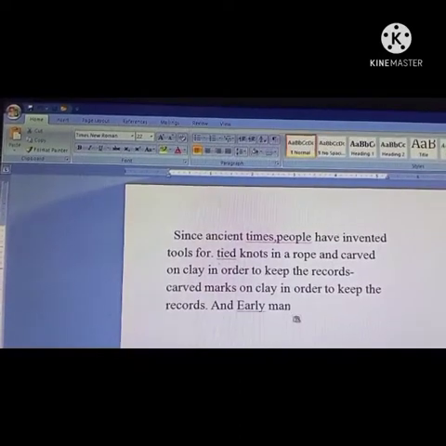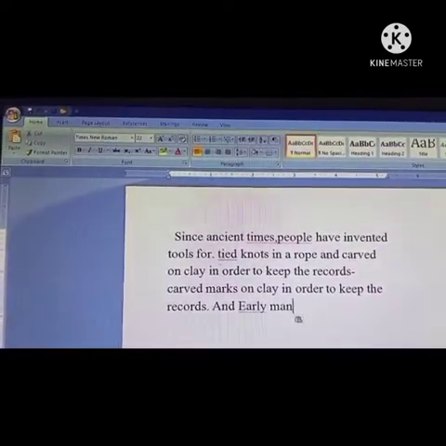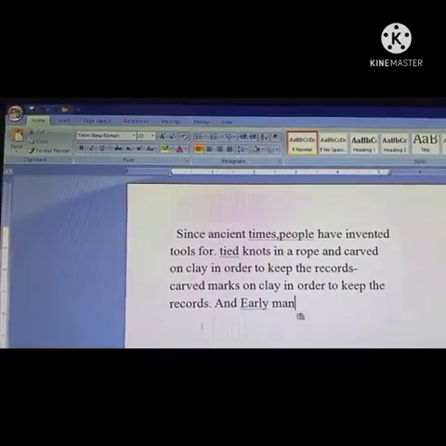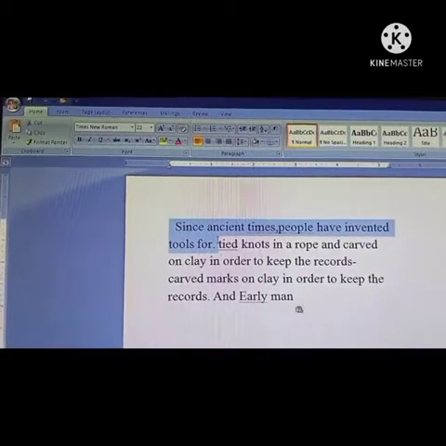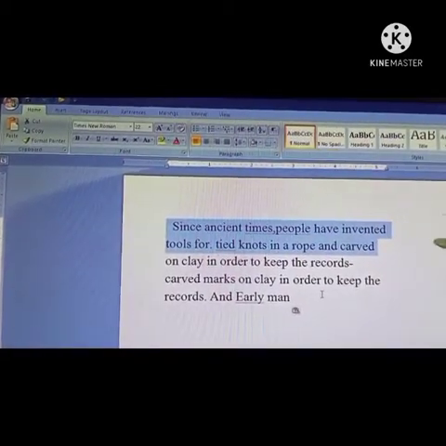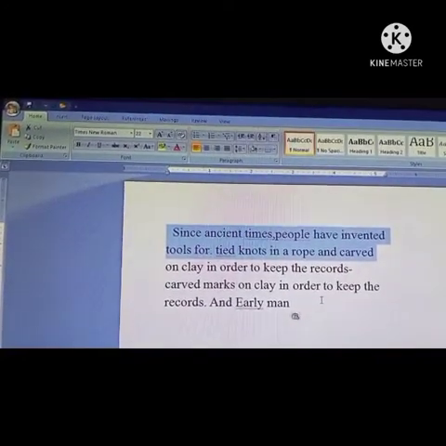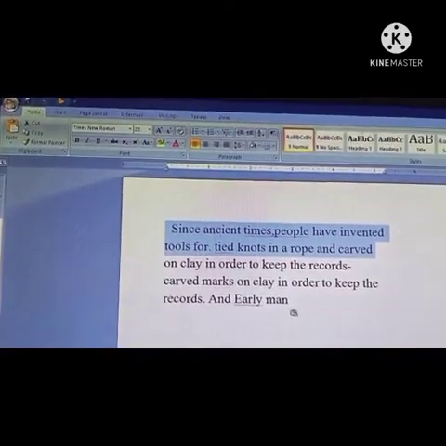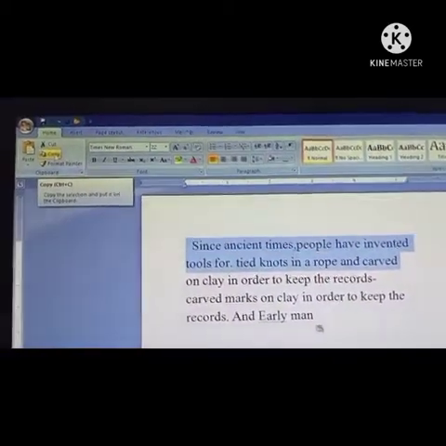Now how to copy the text children? Again, what you have to do children, you have to select the text. Suppose I want to copy till here, only two lines I want to copy. So I have selected the 2 lines. Then bring the mouse pointer on the copy option in the home menu.